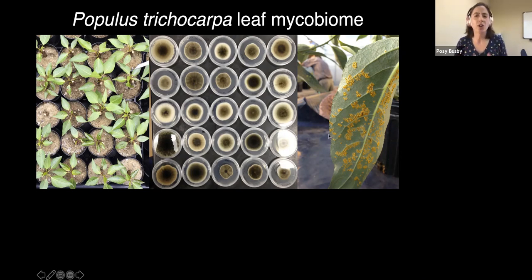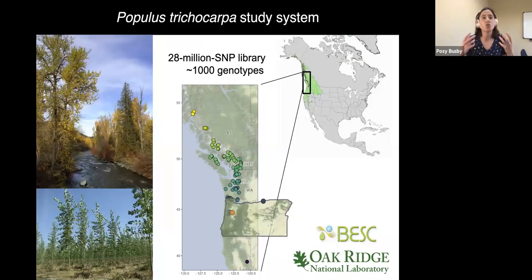This is also a wonderful study system, in particular for addressing host genetic and environmental effects on leaf microbiome phenotypes because of the incredible genomic resources that are available for this tree. So Populus trichocarpa was the first tree to have its genome sequenced. And since then, over 1,000 trees have been resequenced. You can see the trees that have been resequenced come from wild tree populations. This resequencing effort has yielded a SNP library of over 28 million SNPs, so we can associate genotypic variation with